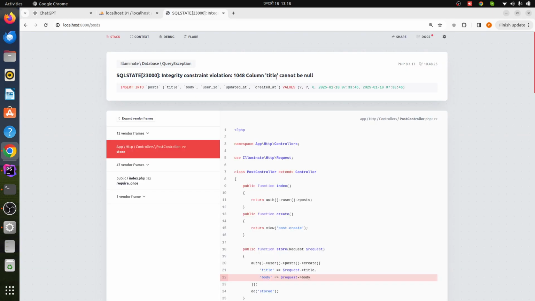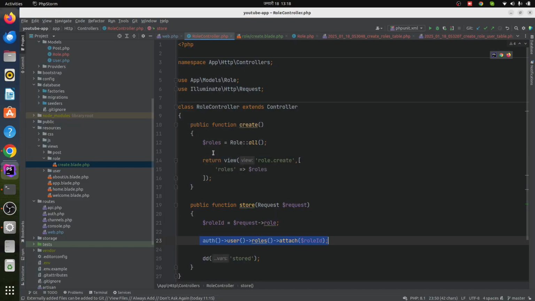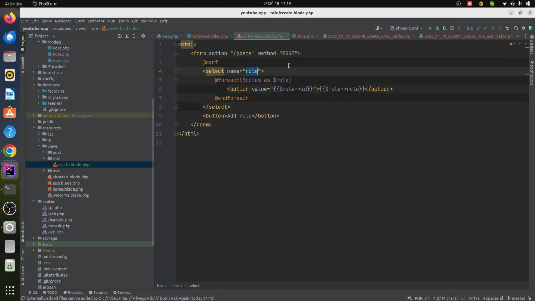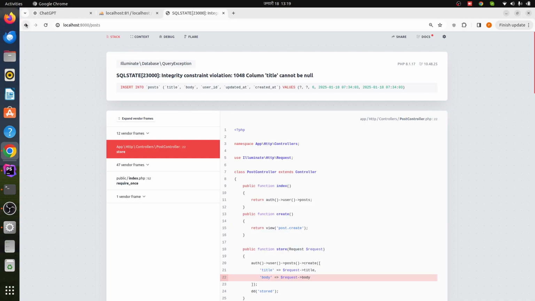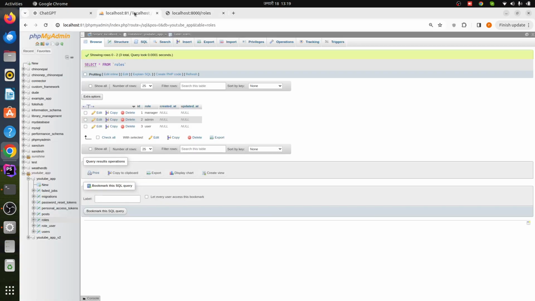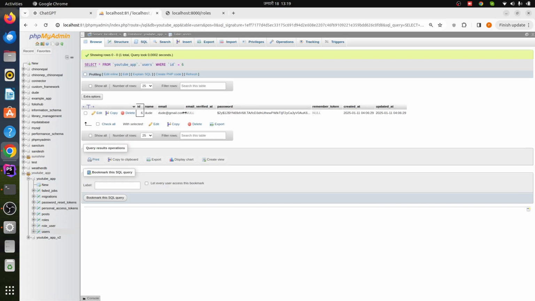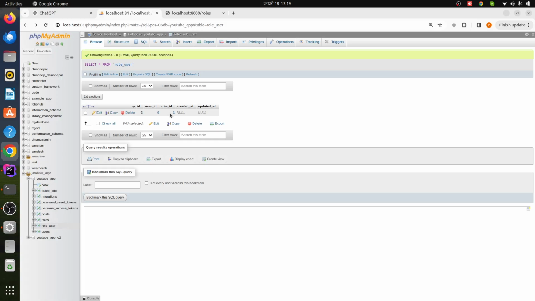So once I click this button, it says column title can't be null, insert into post. Sorry, let me go to our create template. Oh, it should be roles, not post, right? Let me go back. Let me refresh this page, and now I'm going to press add role. Now it says stored, right? Now if we go to our role user table, it says user ID 6, that is the currently logged in user, has a role of